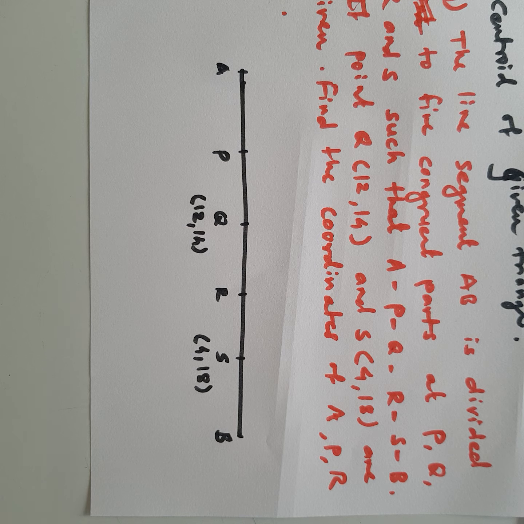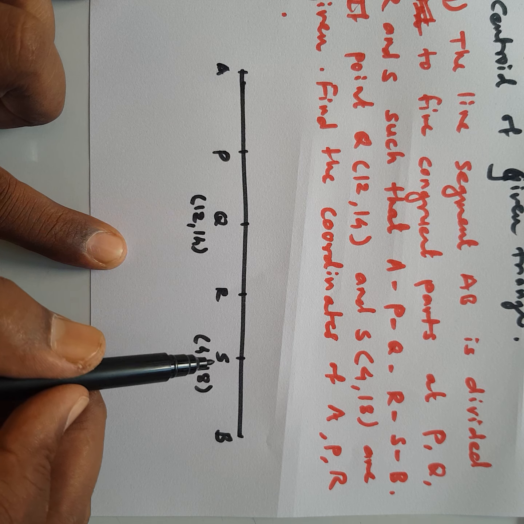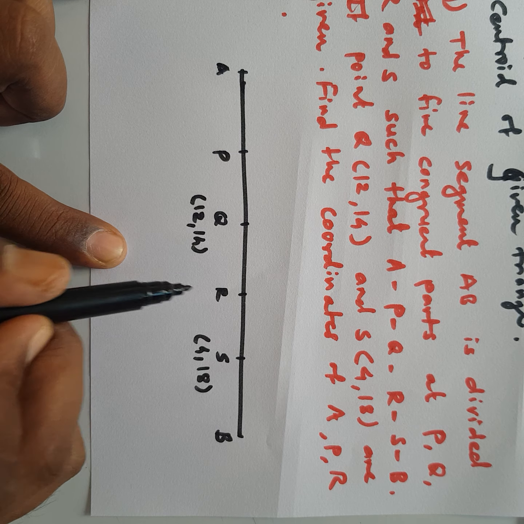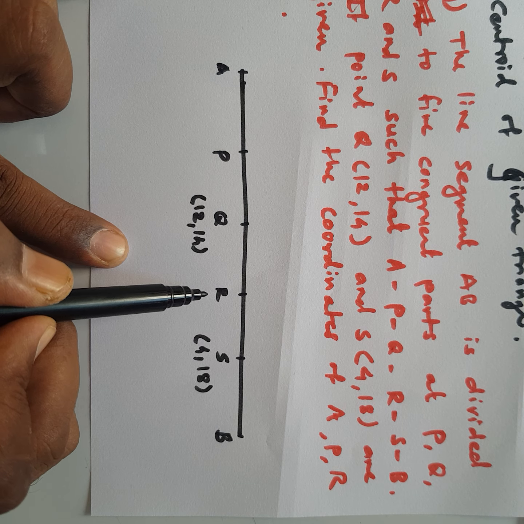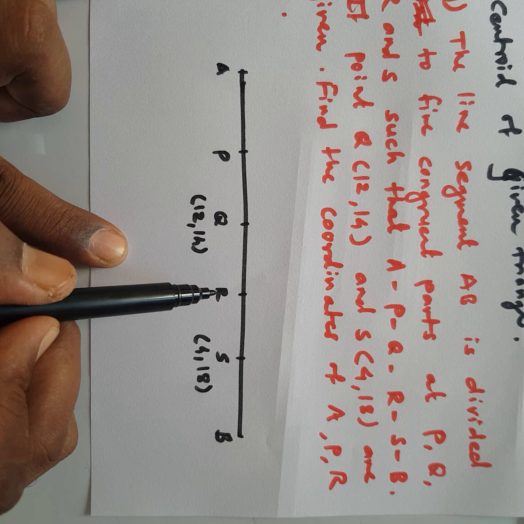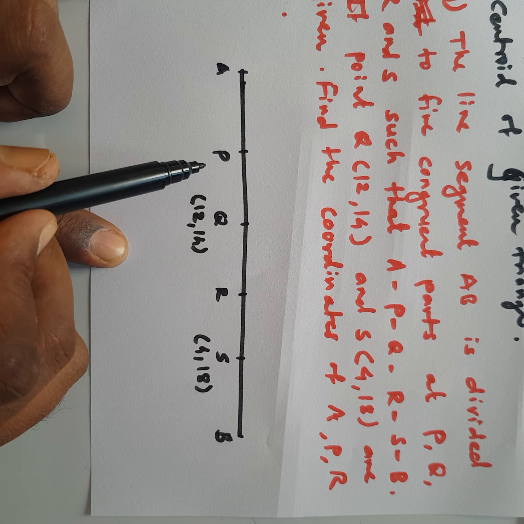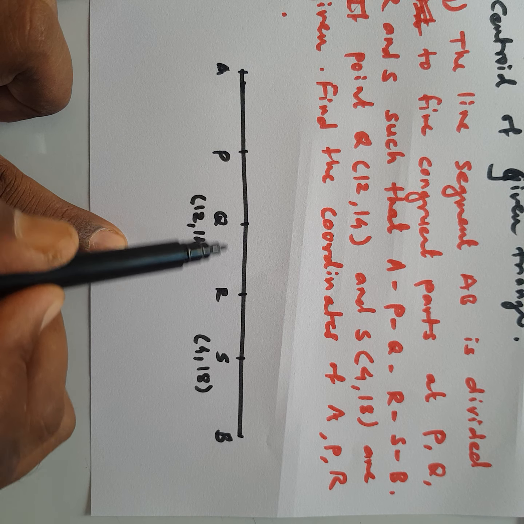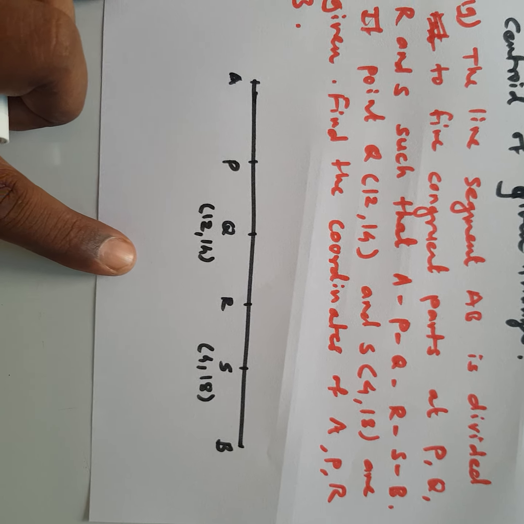Now from the figure we must know that R will be the midpoint of segment QS. Therefore we can first find the coordinates of point R. Then, if we know the coordinates of point R, by using the same midpoint formula, we can find the coordinates of point B. Then we can find the coordinates of point P by using the midpoint formula for segment PR.